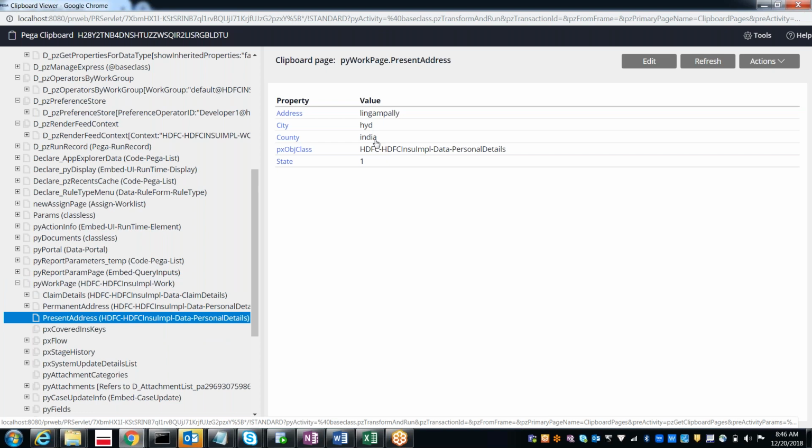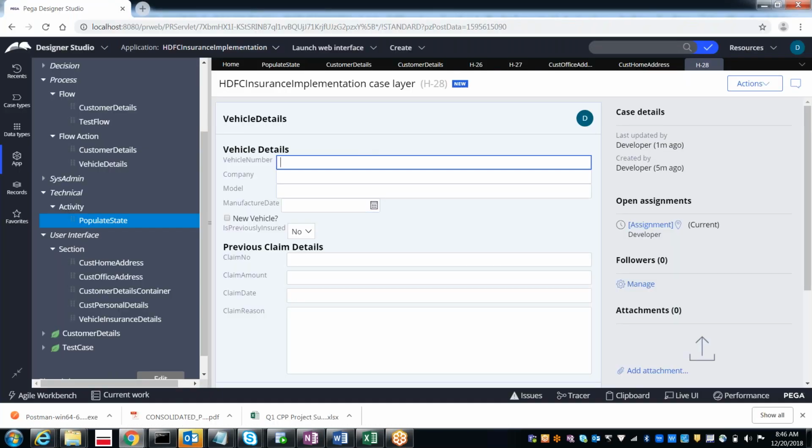Yes. Only on click of the submit button, that means on moving to the next screen, are we able to see them. But is it the correct one? Does it meet our requirement? I did not enter the permanent address yet. I want to copy the data from present address to the permanent address. Before coming to the next screen, in the same screen itself, I want to get the values to the clipboard. Then only I can perform some action on it. So how can you do all these things?